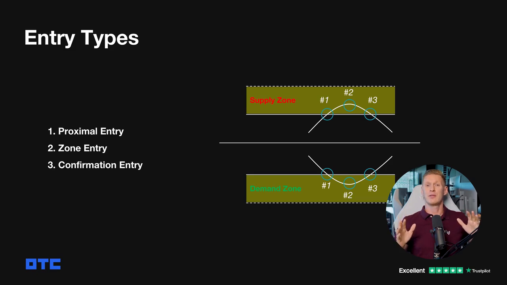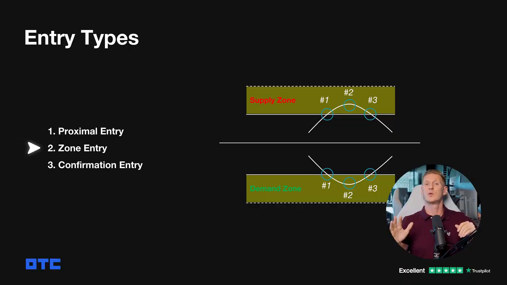Now, let's break down the different types of trade entries. There are three main entry methods, each with its own advantages and considerations. The first method is a proximal entry. This involves entering a trade at the very first opportunity when price reaches the zone. It's a straightforward approach and ensures you don't miss the trade. However, the downside is that price may penetrate deeper into the zone before reversing, meaning your stop loss must be